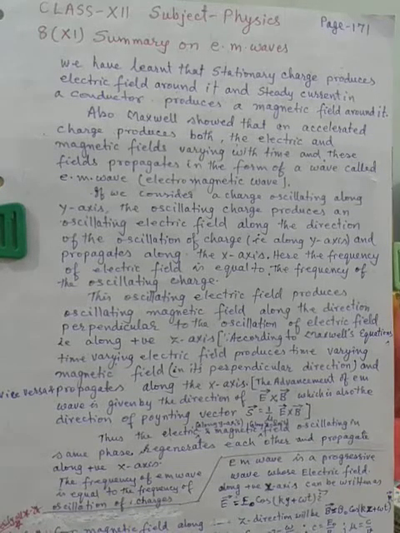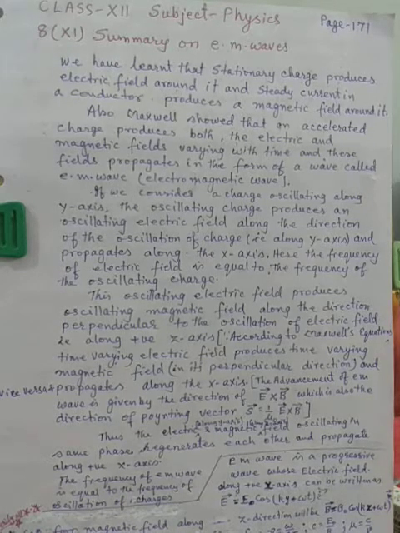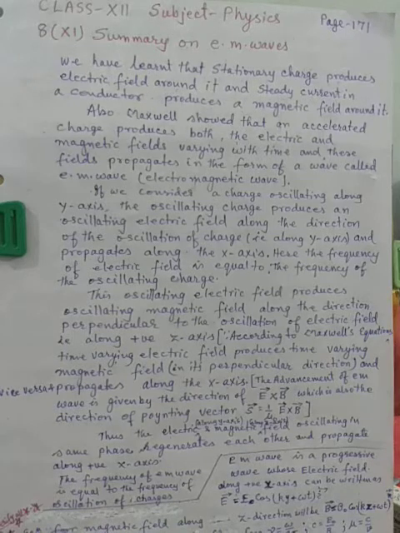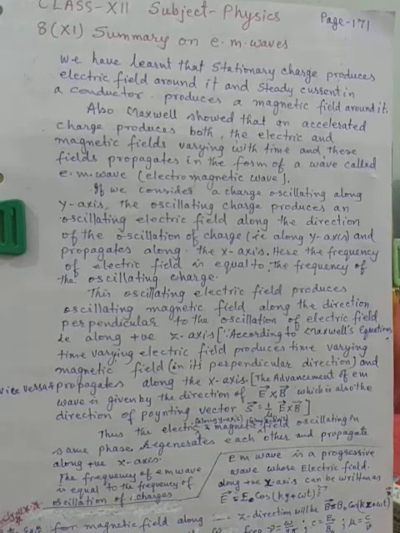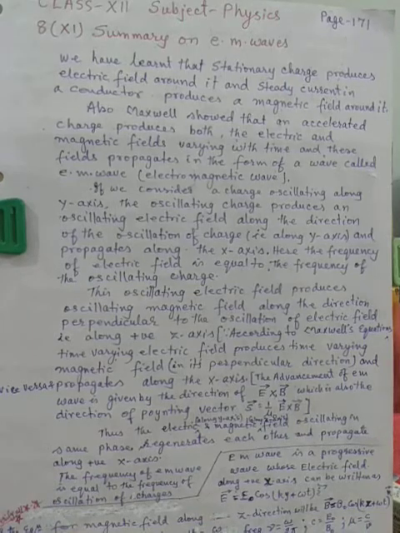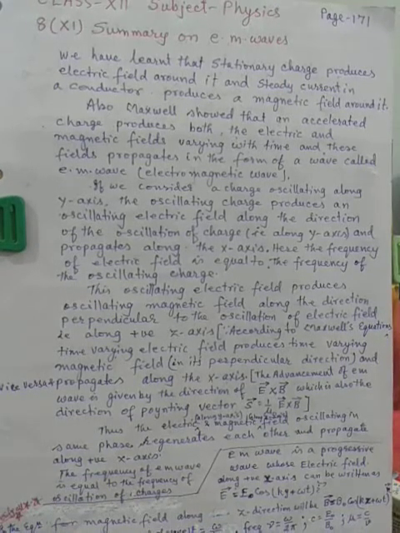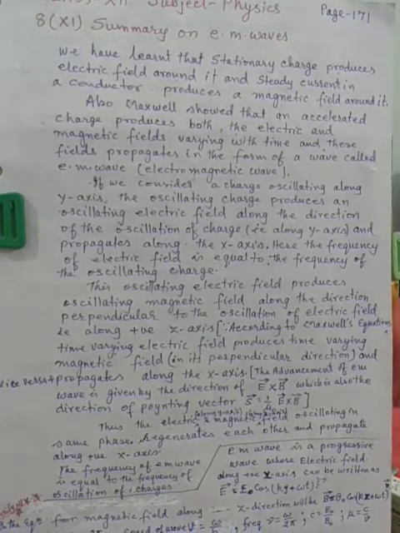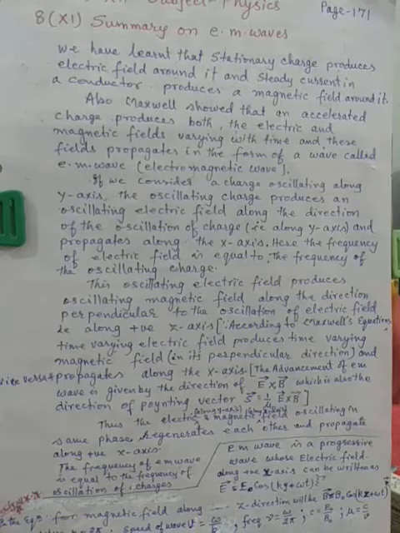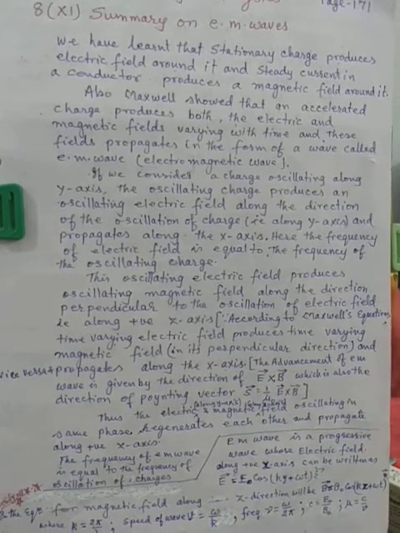If we consider a charge oscillating along the y-axis, the oscillating charge produces an oscillating electric field along the direction of the oscillation of the charge, that is along the y-axis, and propagates along the x-axis. Here the frequency of the electric field is equal to the frequency of the oscillating charges. This oscillating electric field produces an oscillating magnetic field